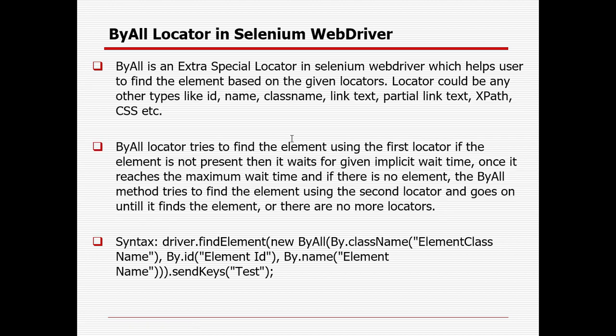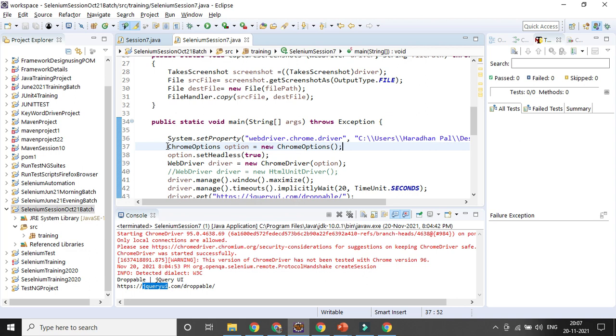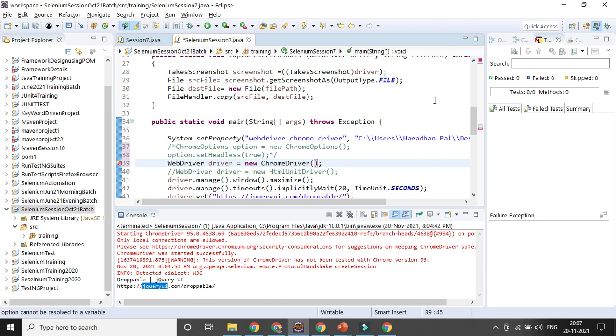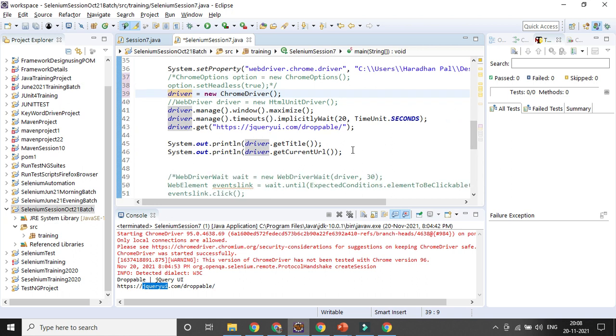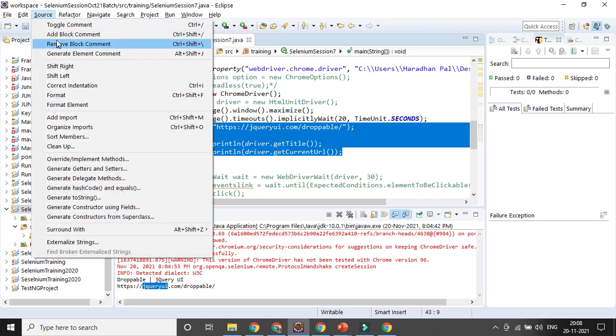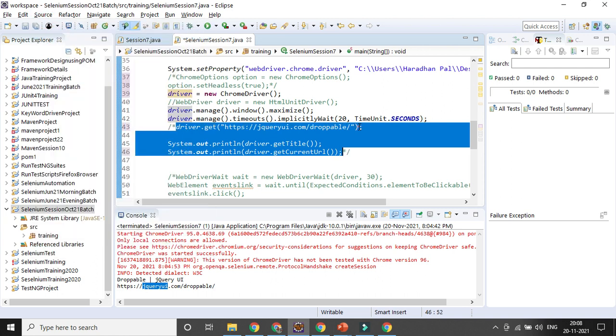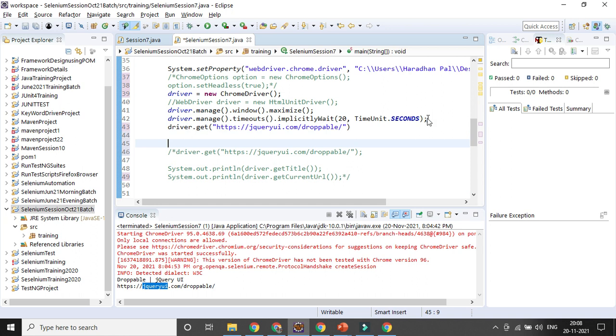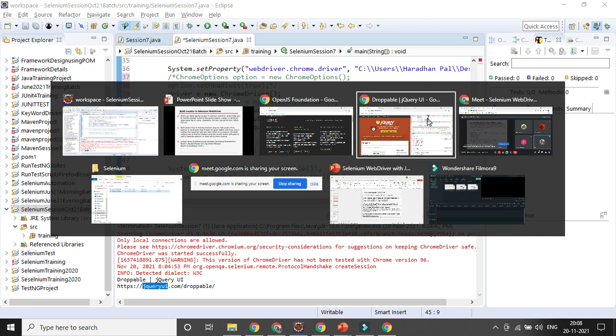Okay, so let me give you an example here. Let's comment out this part. I already declared the WebDriver as a global variable, so that's fine. Let's go for some other page, suppose the Facebook page.